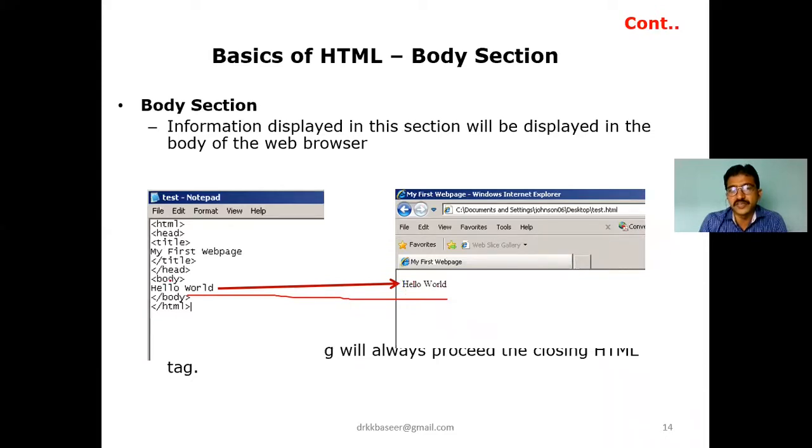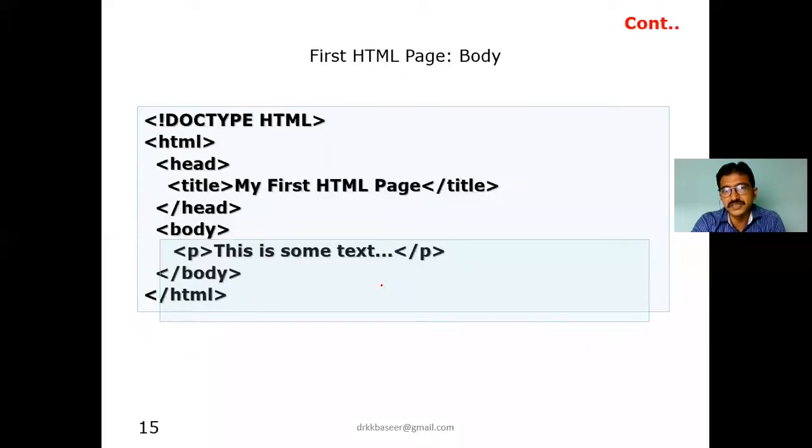Whatever you mention in the body displays here, and whatever you mention in the title displays here. So this is the title and this is the body. Okay, so body section and head section. This is a body section example, HTML body.